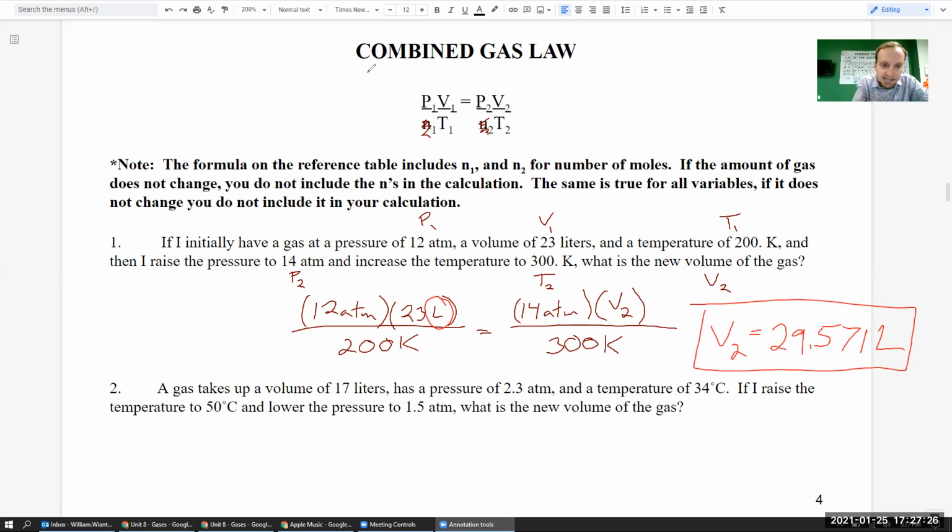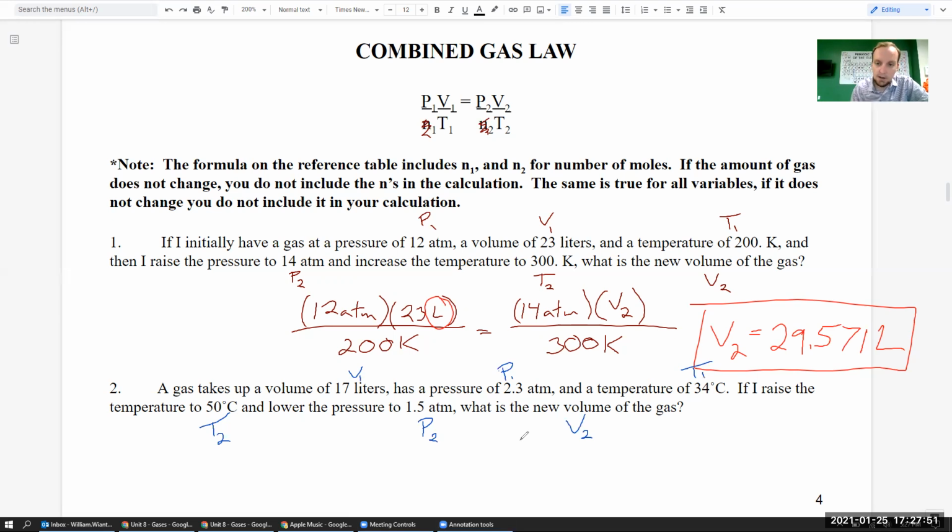Okay, so we have a gas that takes up a volume of 17 liters. So that's going to be our volume. It has a pressure of this, that's our P1, and a temperature of that, that's our T1. If I raise the temperature to this, which is T2, and I lower the pressure to this, then what is the new volume? Okay, so again, this is going to be kind of similar to the previous example